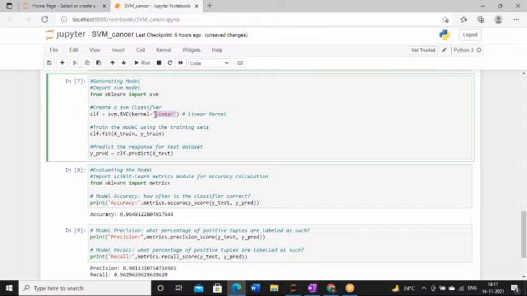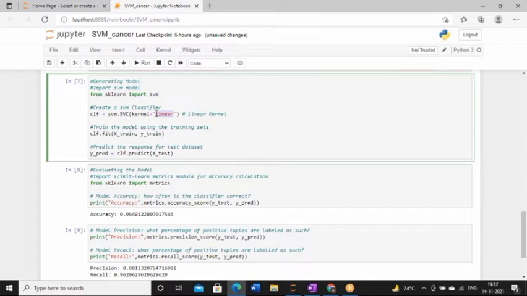However, you have to keep in mind, I have already discussed that we have 3 kernels. Here you can change the kernel type. You can use a polynomial kernel or a radial basis function kernel. So while designing the SVM model, you can change the kernel type and see how the accuracy changes.